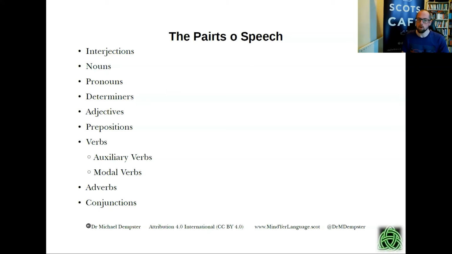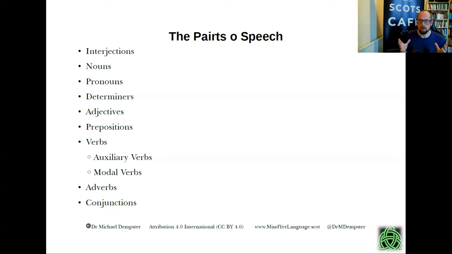And then finally we'll look at conjunctions, and they're words like and, but and yet that put together words and phrases to make full sentences. So we'll finish off with that. So that's how we'll go through all these parts of speech, and hopefully